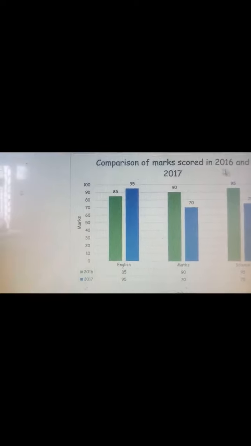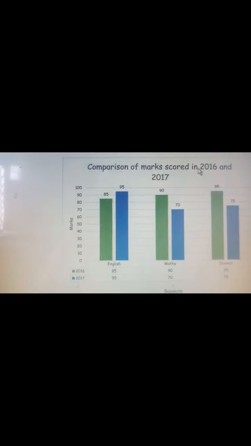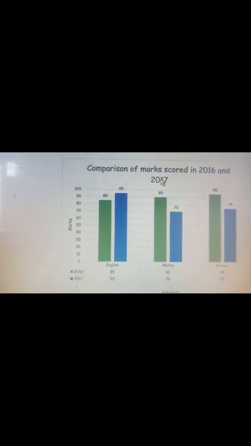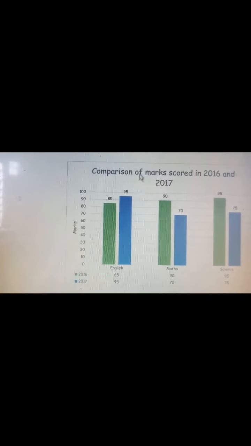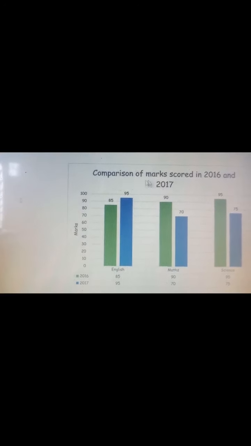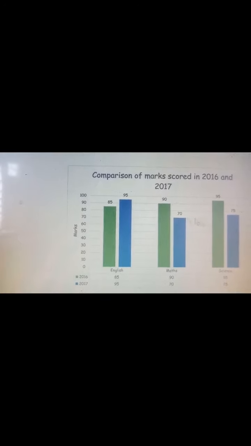And these values 70, 90, 95, 85 are the data labels. Comparison of marks scored, this one that is written, is called the chart title. You can change the chart title, or you can just write the chart title. So these are the different components of a chart.